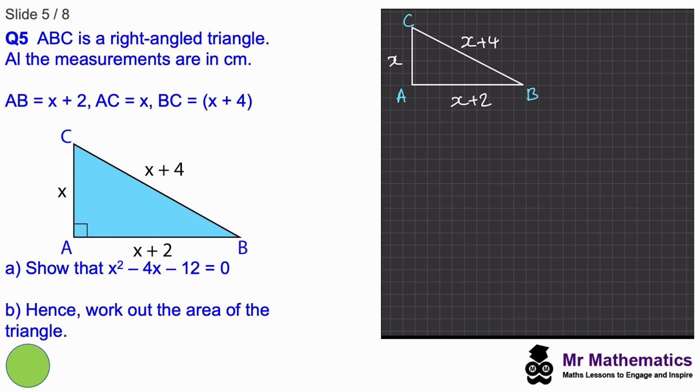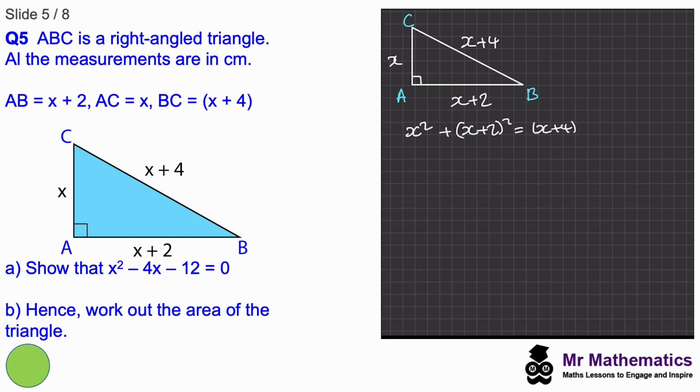We've been asked to show that x squared minus 4x minus 12 equals 0. So to do this, we're going to apply Pythagoras' theorem to this right angle triangle. So this means we have the x squared plus the x plus 2 squared will equal the square on the side of our hypotenuse, which is x plus